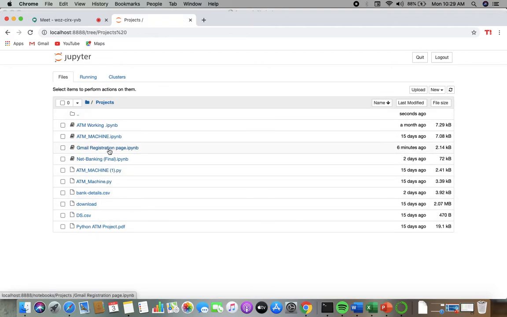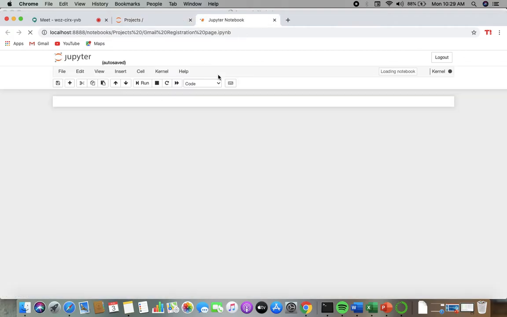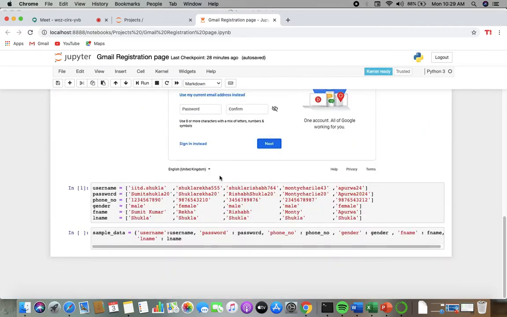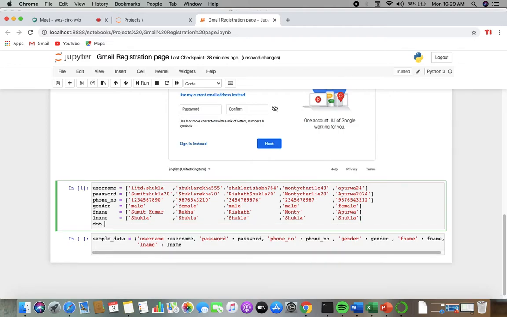It seems to be that it is there. Alright, so date of birth is not there. Okay, so our DOB will be